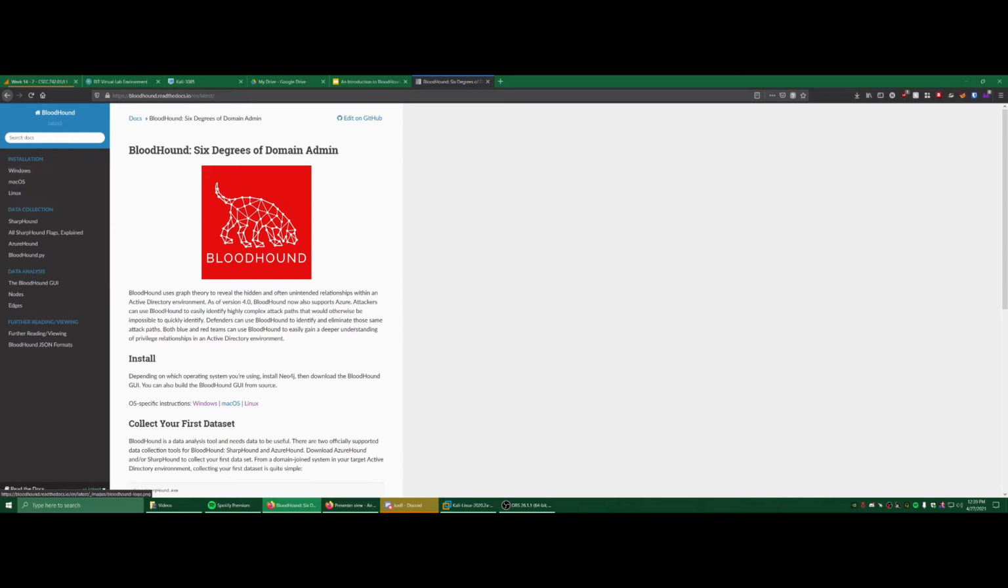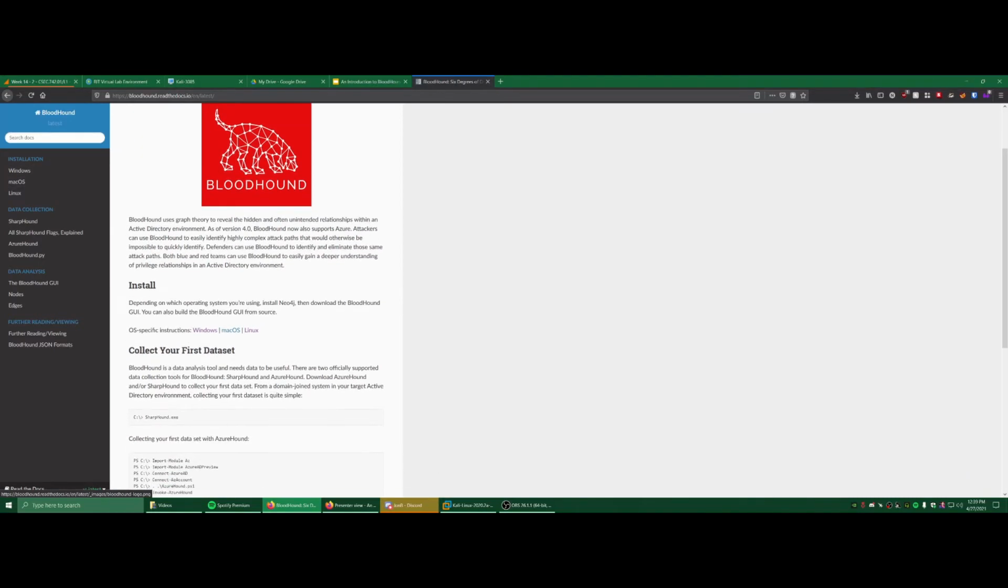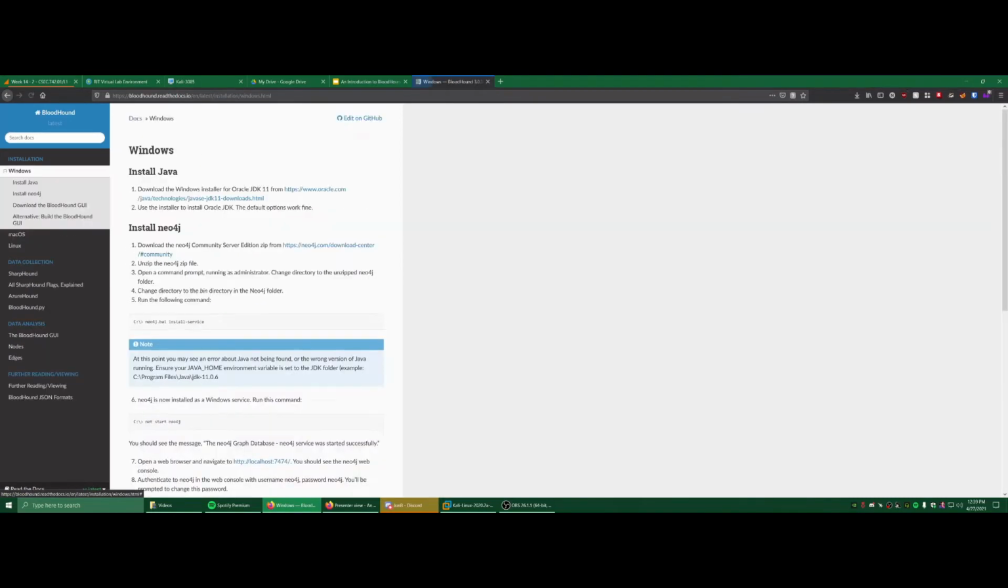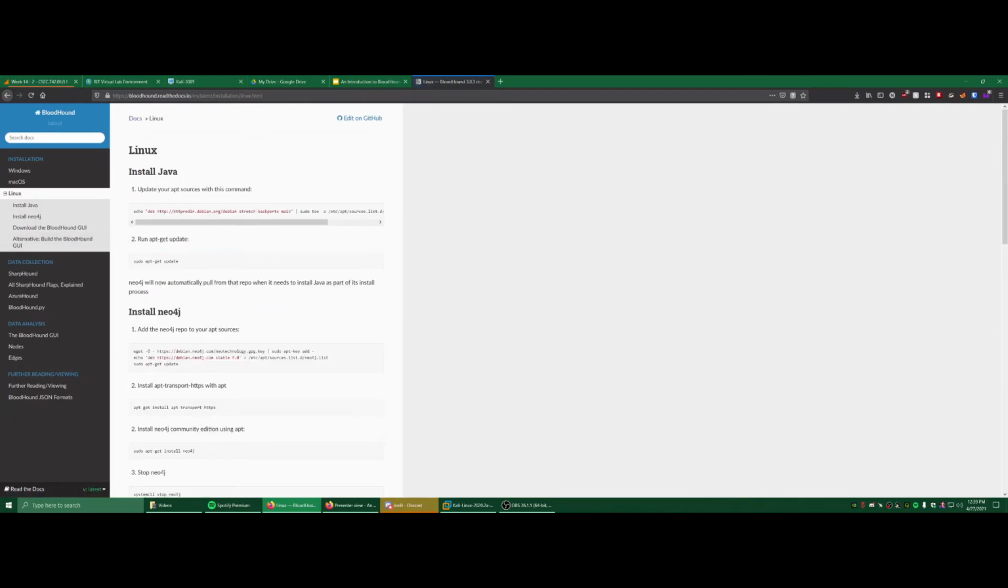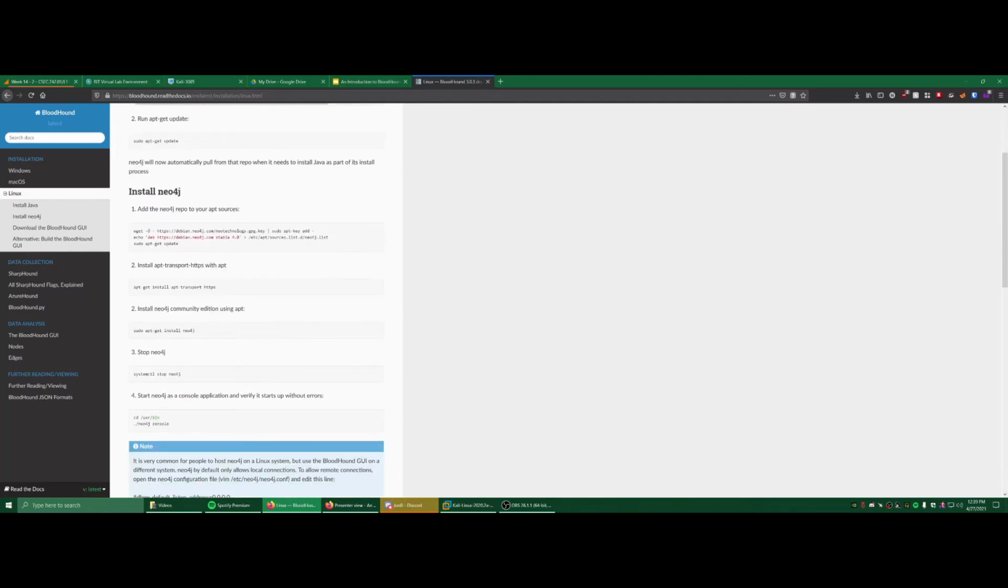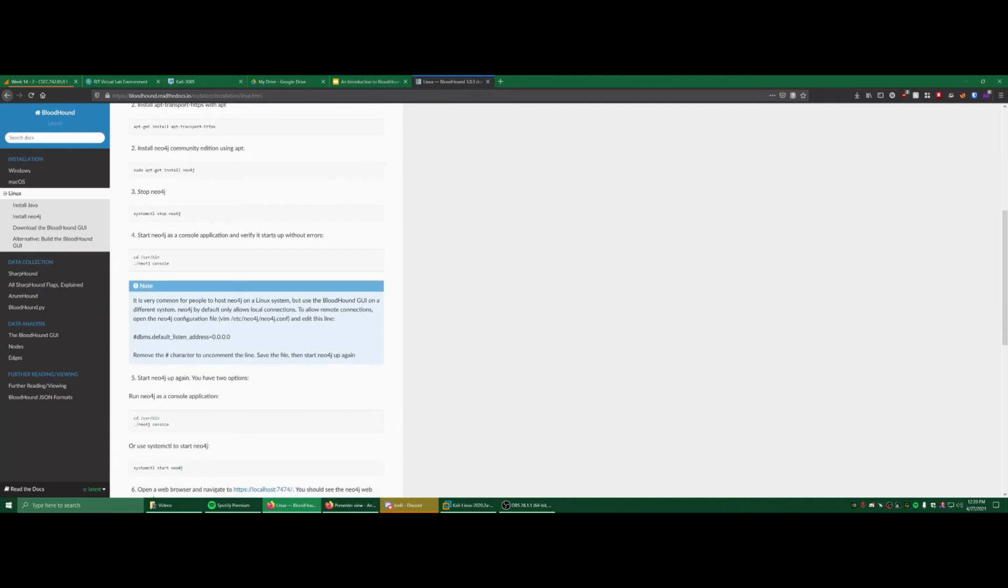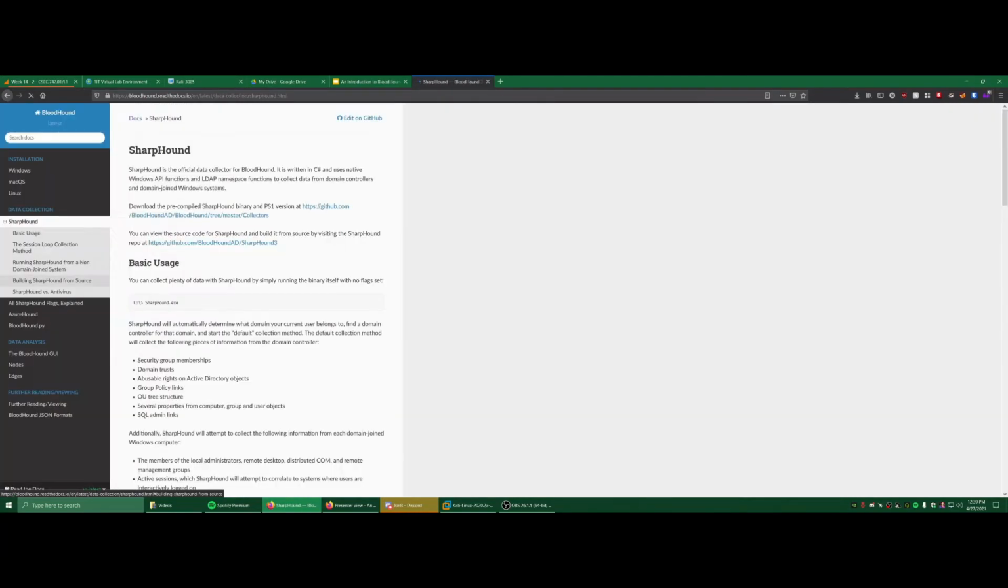So here it is. It tells you exactly how to install it for each Windows, Mac, Linux. And I did this twice actually, and it's literally copy and paste. So it's very easy to get this up and running. It talks about BloodHound, what it does,